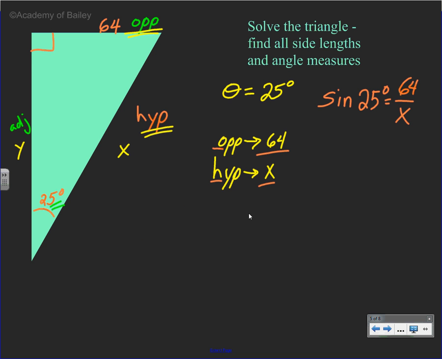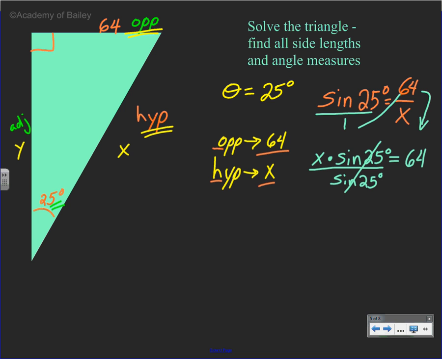Since x is on the bottom, you should probably think about cross multiplying x times the sine of 25 degrees. And remember, it's the sine of 25 degrees, not 25. And 1 gets multiplied by 64 to make 64. So if we're multiplying x by the sine of 25 degrees, we have to divide x by the sine of 25 degrees. Cancel them out. And if we divide the left side by the sine of 25, we have to divide the right side by the sine of 25 degrees. So therefore, x is equal to